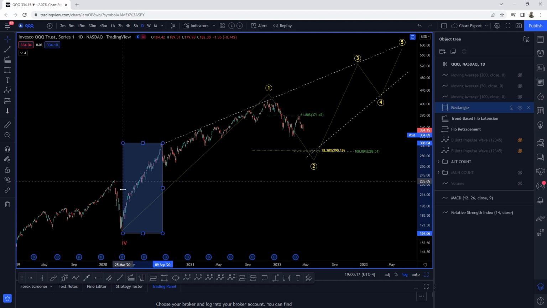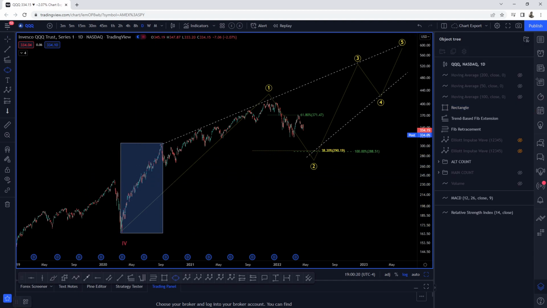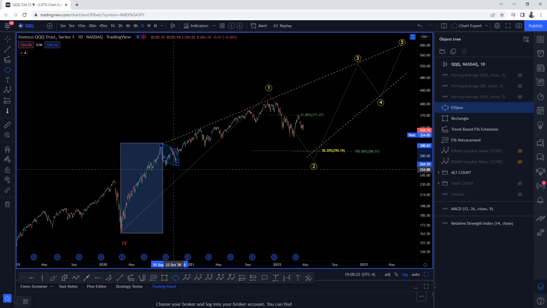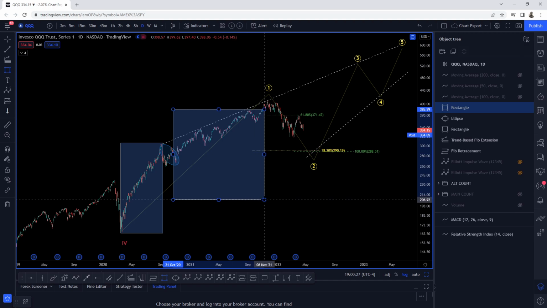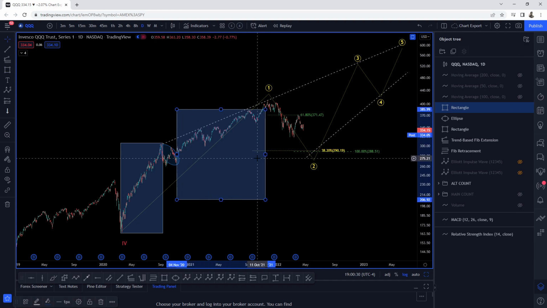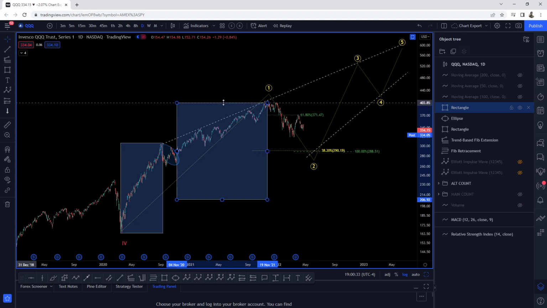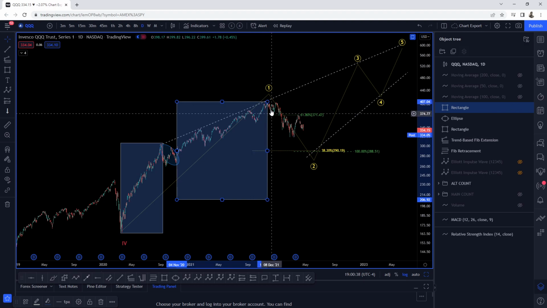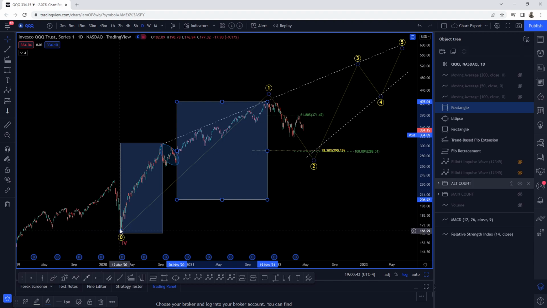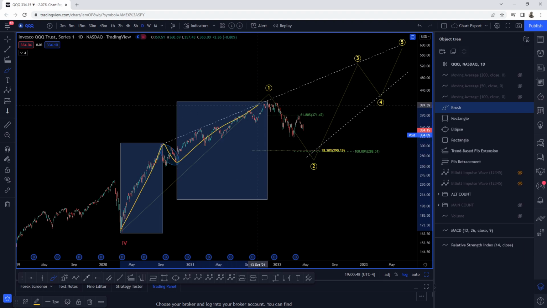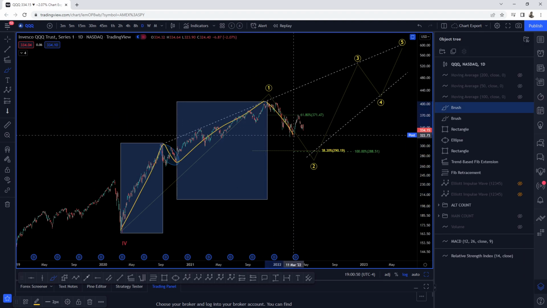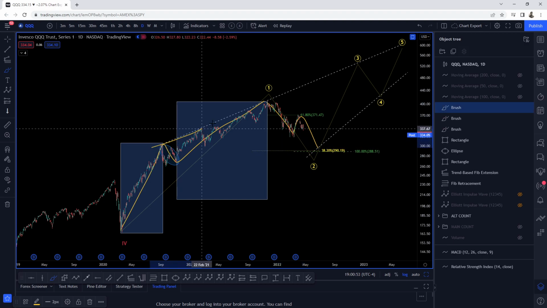Okay, we made an impulsive structure to the upside. This is a corrective pattern, and then we have another actionary wave here. Okay, so we have three waves. We have evidence of three waves. Yes, we can dissect 5 waves like we've been doing, right? Given that this will be the wave 5, but let's look at this from this perspective. Okay, so if this is the case, this would be A. All right, let me label this for us. This will be A, this will be B, and this will be C. And now we're making another A, B, and C. So we start forming this triangle.